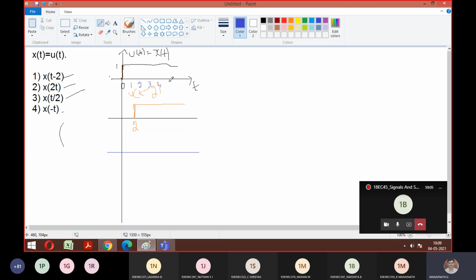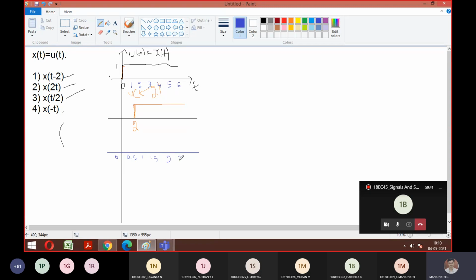So 4, 5, 6, your wish. It will go till t. We'll take some samples like 0, 1, 2, 3, 4, 5, 6. Now if you do compression, divide by 2, the values will get changed, but the amplitude of the signal remains the same. What is the value now? 0 at 0 only. So 1 becomes 0.5. Now your questions are understood to everyone, I think. So 1, 1.5, 2, 2.5, 3.